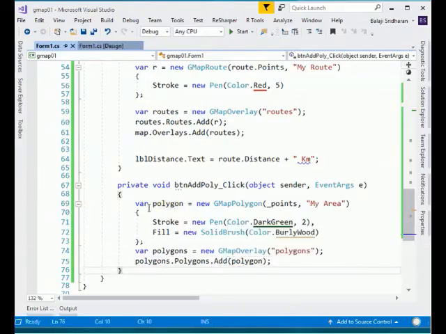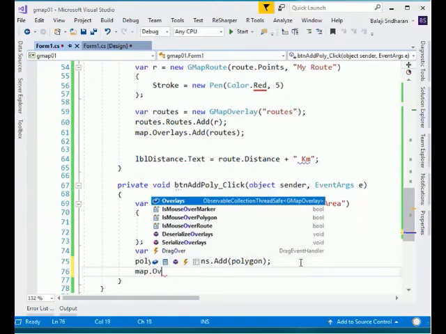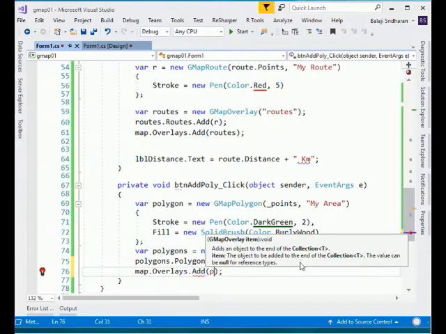Okay, we are adding this polygon to this polygons overlay. Now finally we want to add this polygons overlay to our gmap. So our gmap name is map.Overlays.Add(polygons).